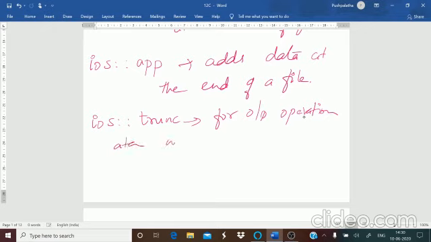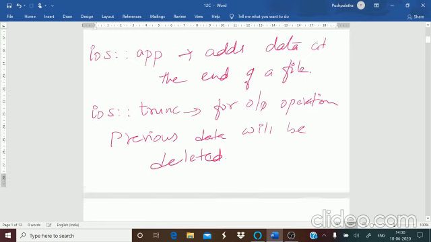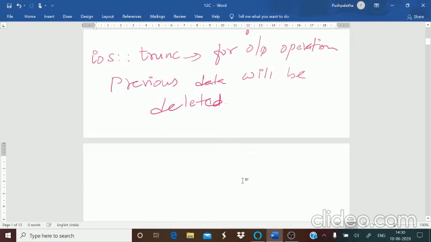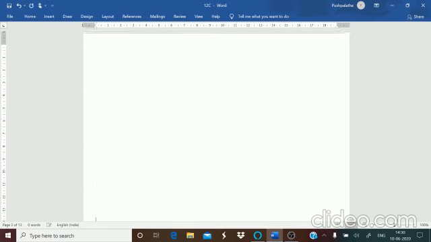The previous data will be deleted in this. So these are the different file opening modes that you have.